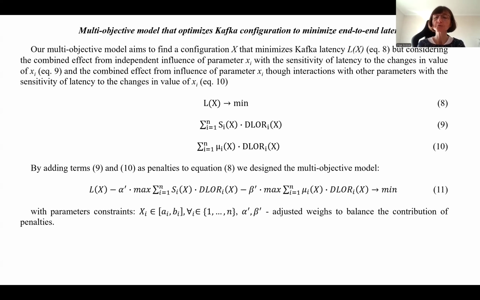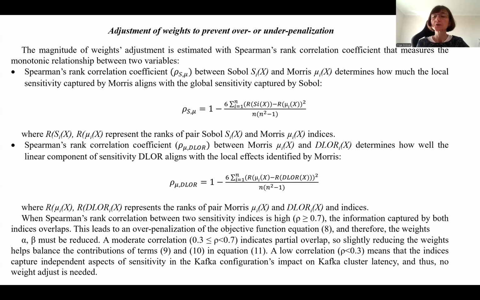In this model, we also use so-called adjusted weights to control or balance the contribution of penalties on our goal function. Each parameter for this model is expressed by an interval of possible values. The magnitude of the weights that are included in the proposed model we measure with a Spearman rank correlation coefficient that we calculated